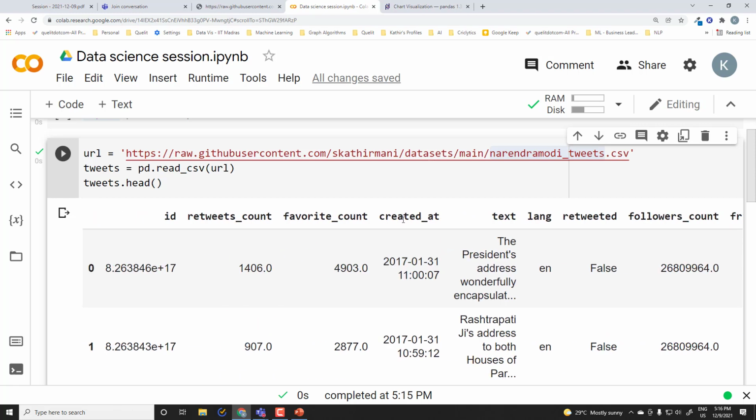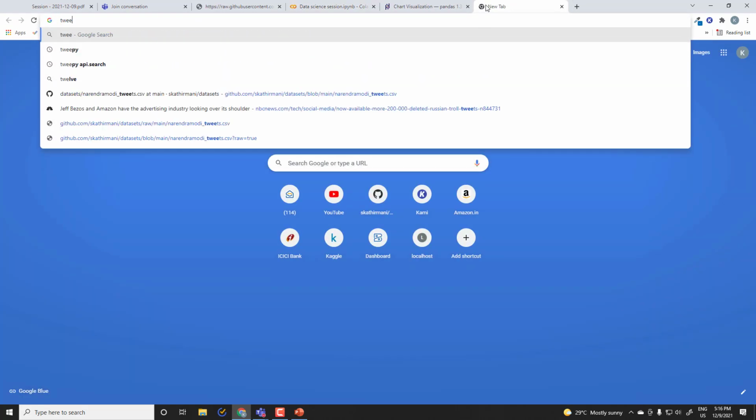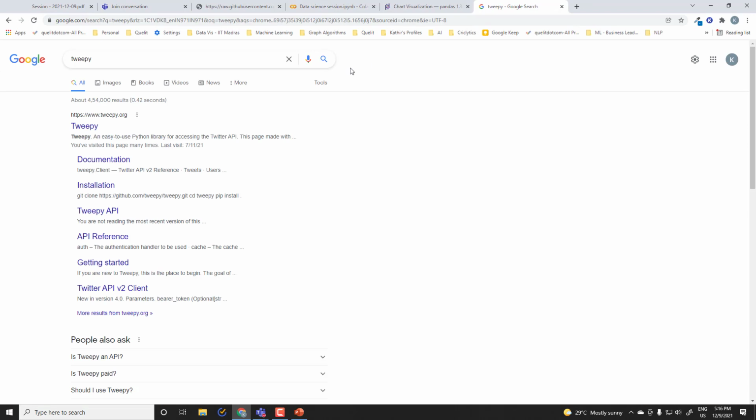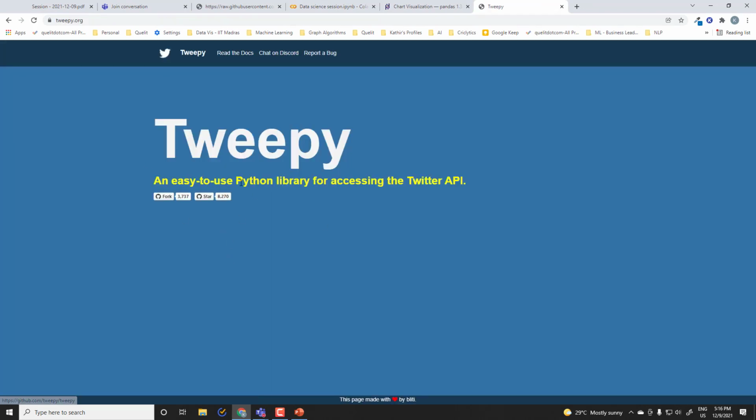If you want to scrape tweets from any user, let's say a celebrity or a politician, or your own tweets, or from any competitor or your own company, there is a library in Python called TweetPy. This library helps you to download tweets.